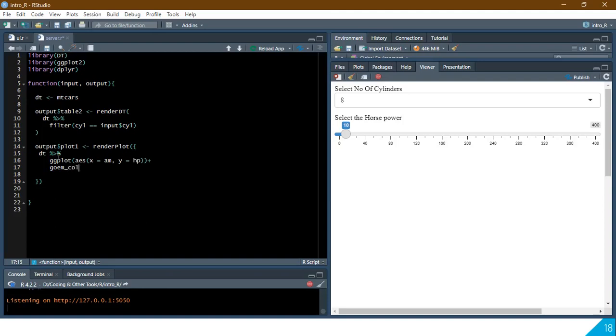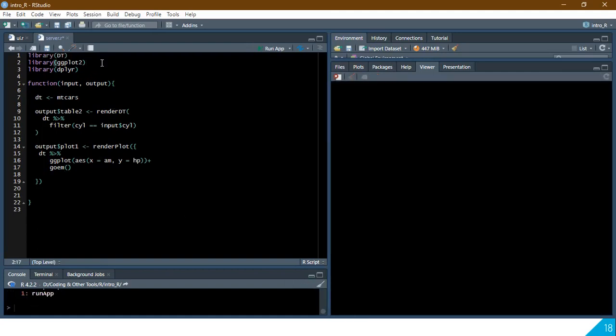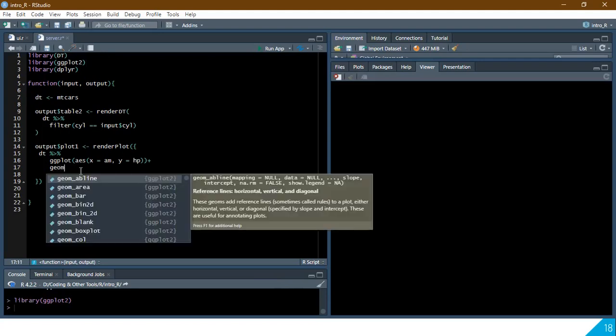No, it is not finding geom_col. So somehow we're supposed to have a name that it knows. Is it geom? Let me load the package from here, so that I can just use the auto completion. It should be geom. So once I run that up,